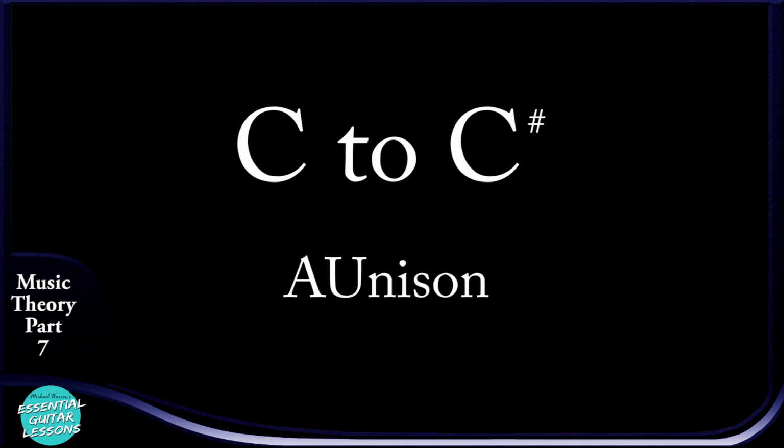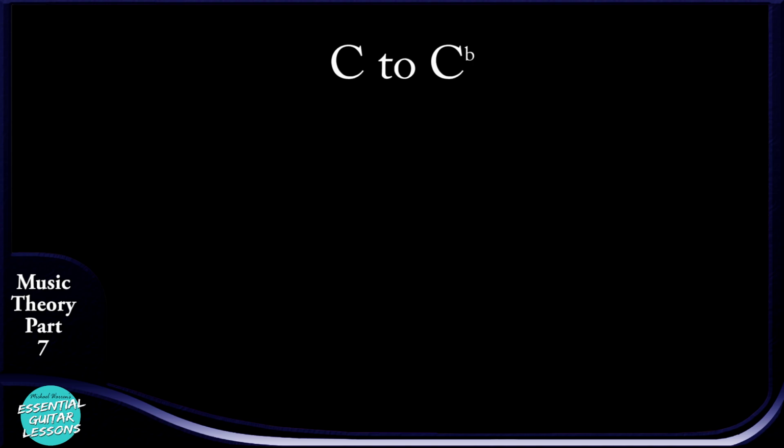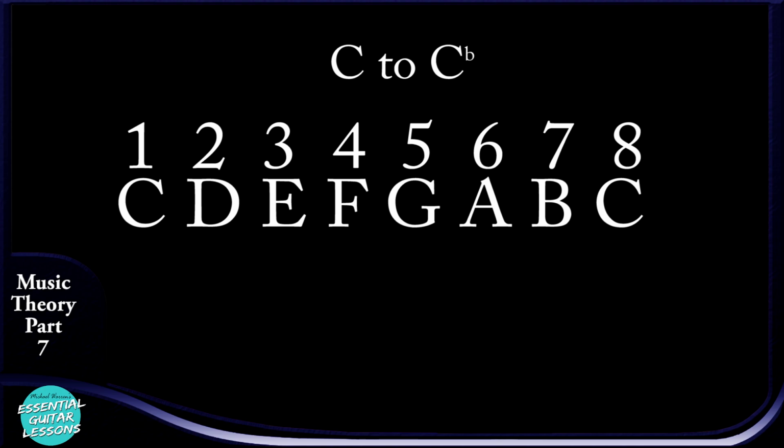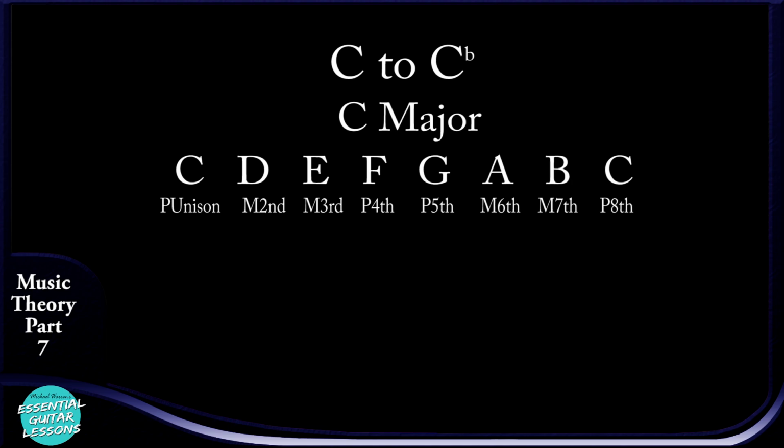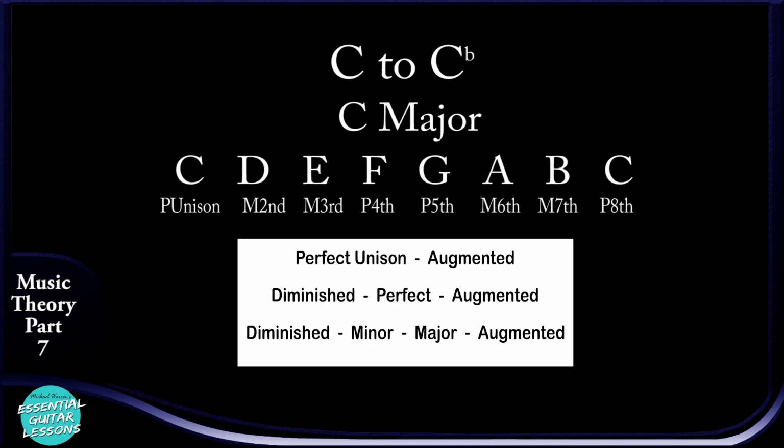Now let's do C to C flat. So this is going to be 8 notes apart, so we call that an octave, and we spoke about that in other lessons. So what do we do to the octave? For the octave, that's a perfect as well. So if I flatten the octave by 1 semitone, it now becomes a diminished eighth there because we have a